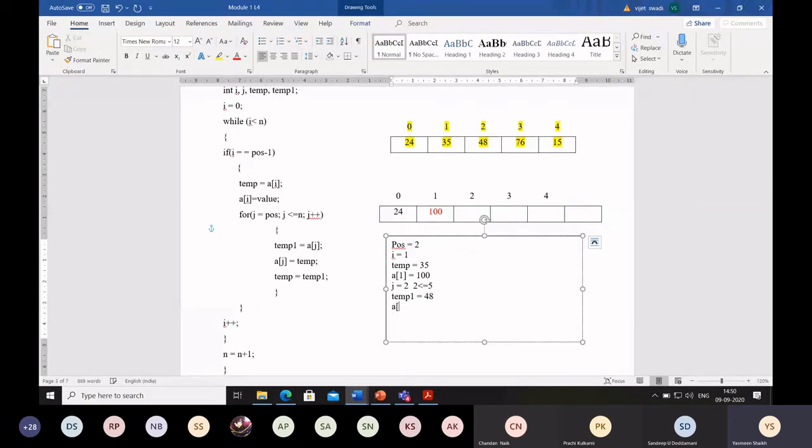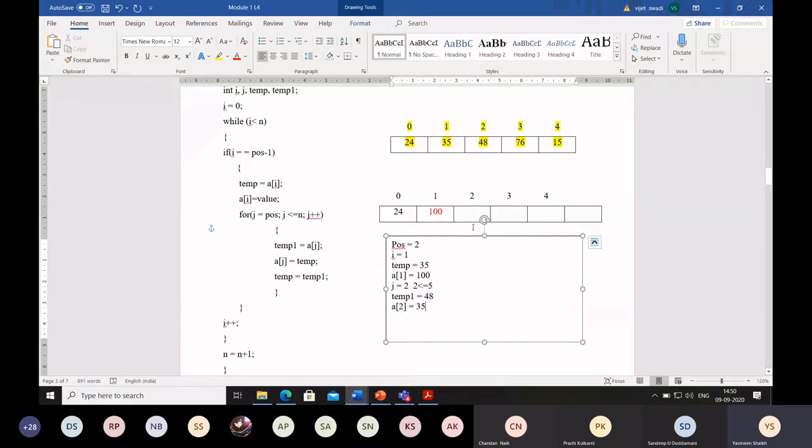Then in A of 2, here this statement, I am interested in A of j is equal to temp. So in A of 2, I should store temp. Can you tell me what is the value of temp? In the square box, already I have written the value of temp. What is the value of temp? 35. So 35 will be stored here.